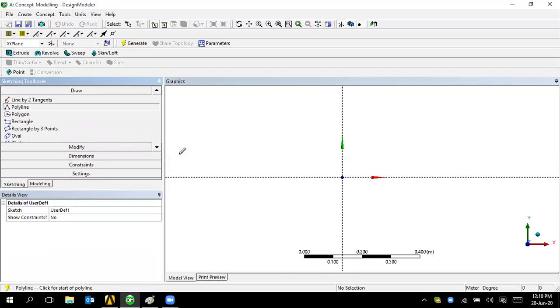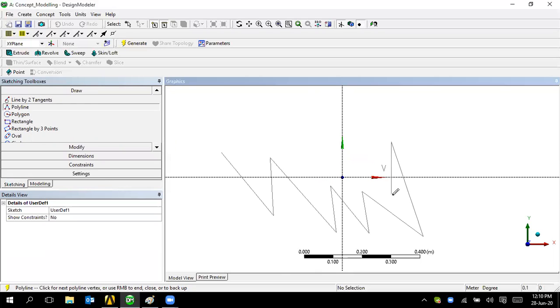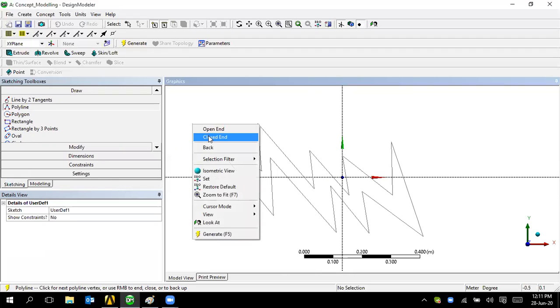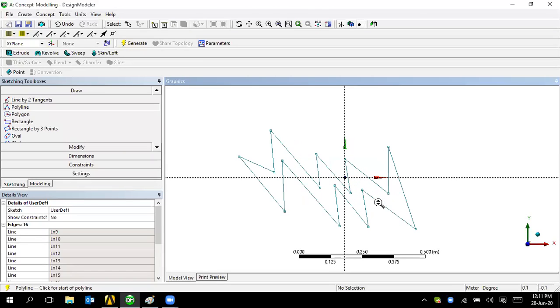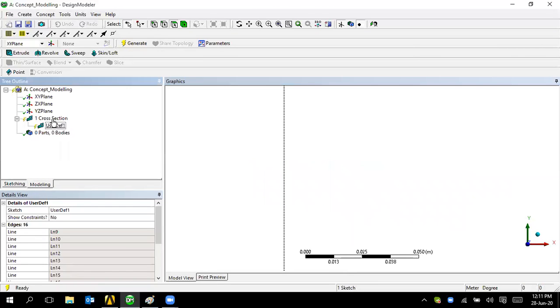So maybe like this. Look at here carefully. Closed in. Fine. Now this is my one cross section, correct? We got a tick mark generated.